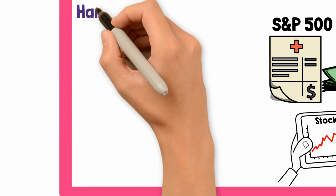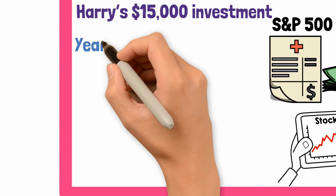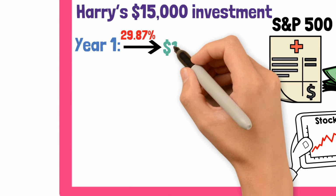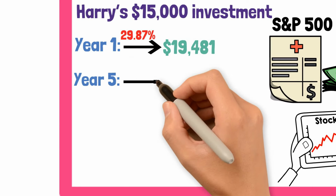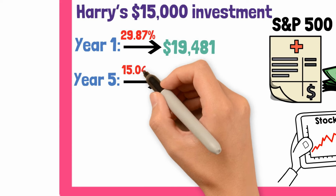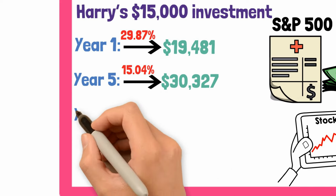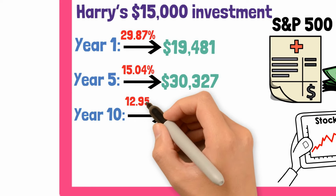Imagine the journey of Harry's $15,000 investment in FXAIX. With a one-year return of 29.87%, Harry's investment could grow to approximately $19,481. Using the 5-year annualized growth rate of 15.4%, Harry's investment could increase to about $30,227. Continuing at the 10-year annualized growth rate of 12.95%, the investment could grow to about